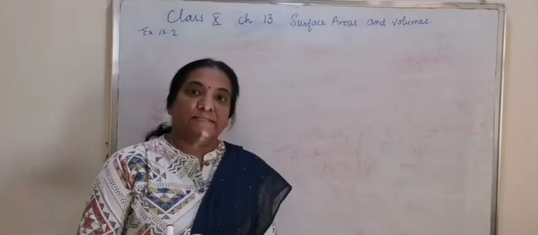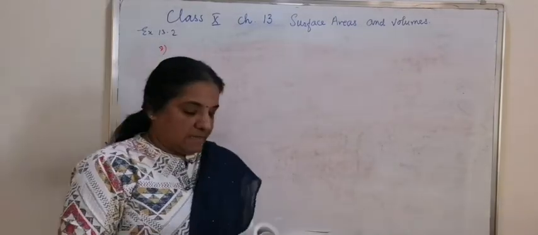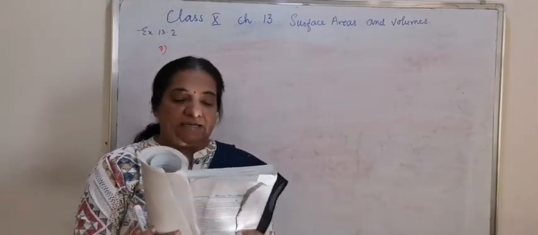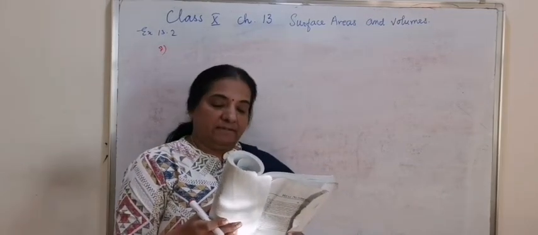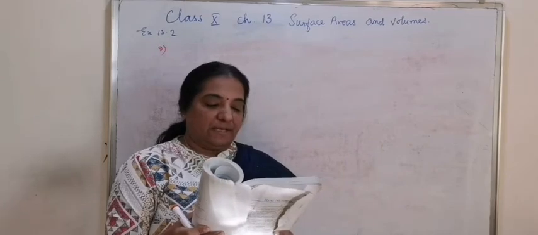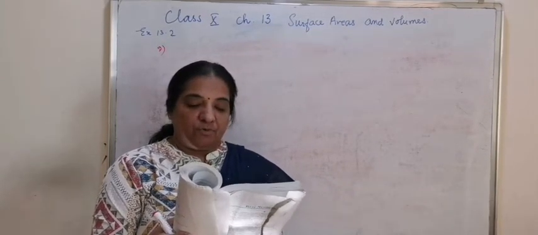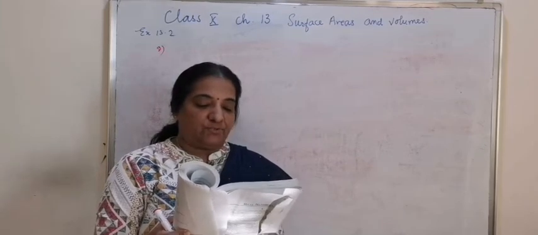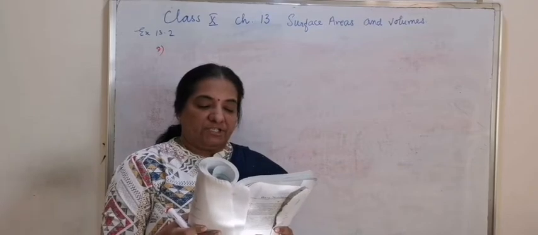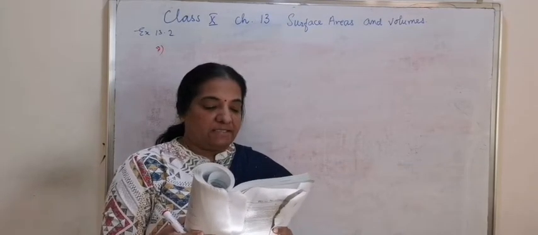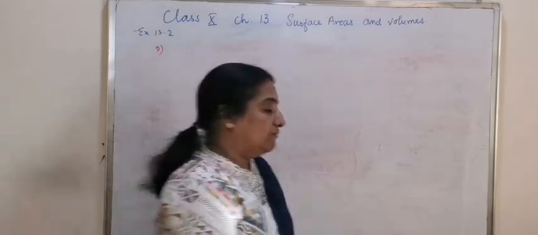Last question in the exercise, question number 8. A spherical glass vessel has a cylindrical neck 8 centimeter long and 2 centimeter in diameter. The diameter of the spherical part is 8.5 centimeter. By measuring the amount of water it holds, a child finds its volume as 345 centimeter cube. Check whether she is correct, taking the above as inside measure and using pi as 3.14.